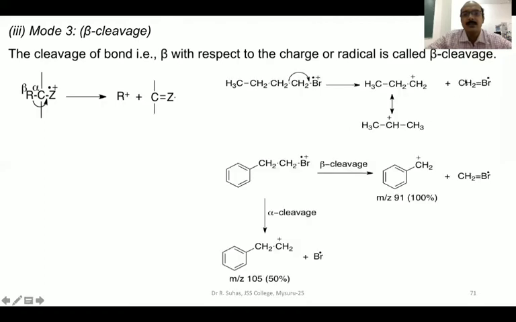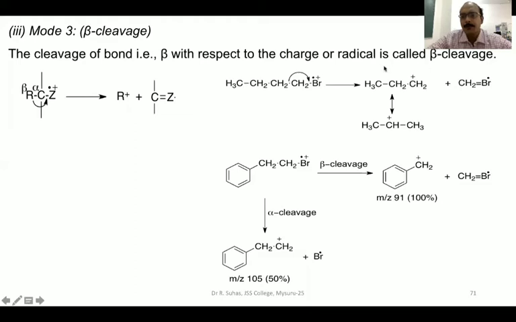To understand this more clearly, we will go for this example. This is N-butyl bromide. Here on this bromine, there is charge as well as the radical. From this, we have to count the beta bond. So this is the charge center, this is alpha bond, and this is beta bond. This beta bond should be cleaved now. The electrons in the beta bond get transferred here, and it becomes propyl cation CH3CH2CH2 plus. Along with that, CH2 double bond Br, the radical will be retained by